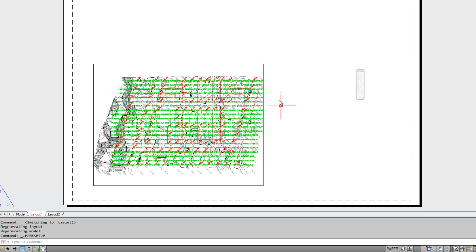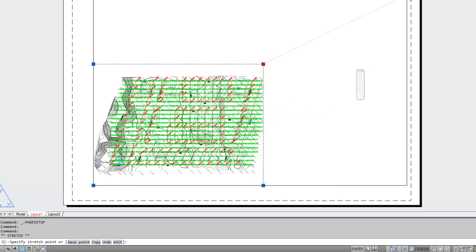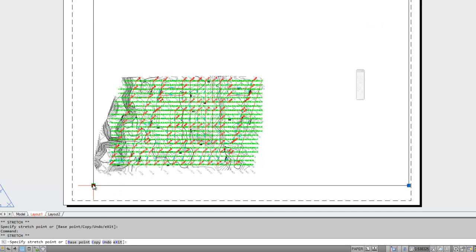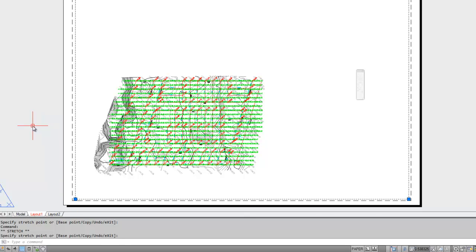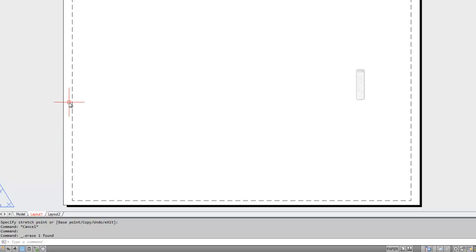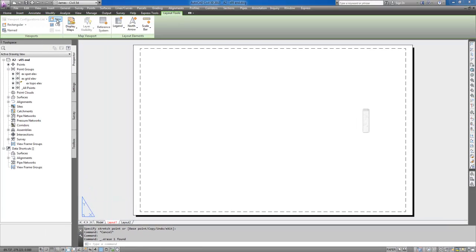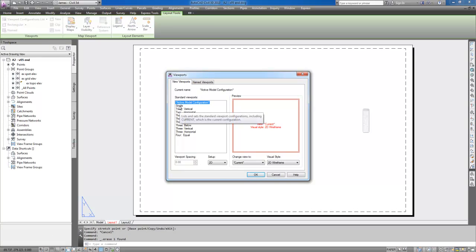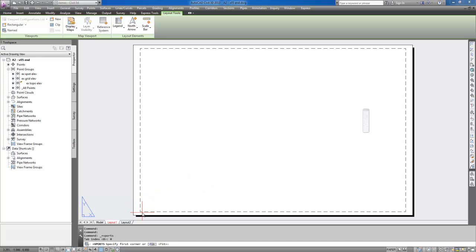At this stage, if your viewport is available, you can just simply expand this to show the viewport or to show everything. But if you do not have this viewport available to you and you're starting off with something like this without a viewport, I just deleted the viewport right now. What you can do is under the Layout Tools tab, we can create a new viewport, and we're just going to create a single one. Click on OK, and then simply